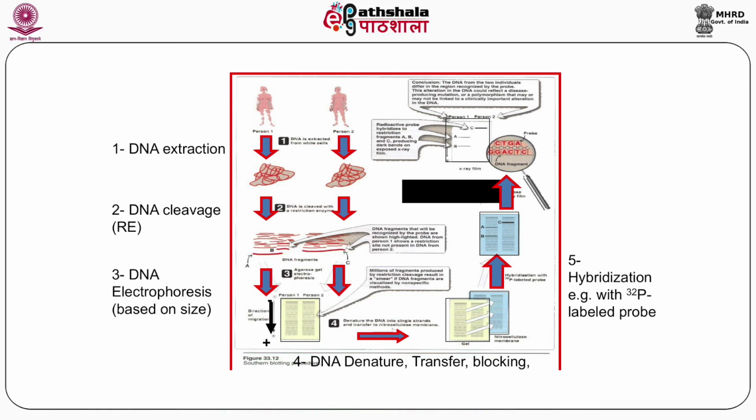After electrophoresis, you transfer the fragments onto a membrane and hybridize them with a complementary probe against that particular region. That is very important: the complementary probe has to be against a region of your interest. Suppose you are trying to find the mutation in the beta globin gene. You use probes targeted to that gene, not to any other region, because only when the probe hybridizes does that region get illuminated, since the P32 label is on the probe, and then we can visualize it.